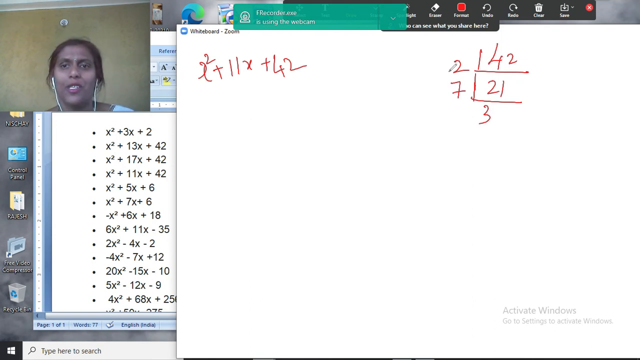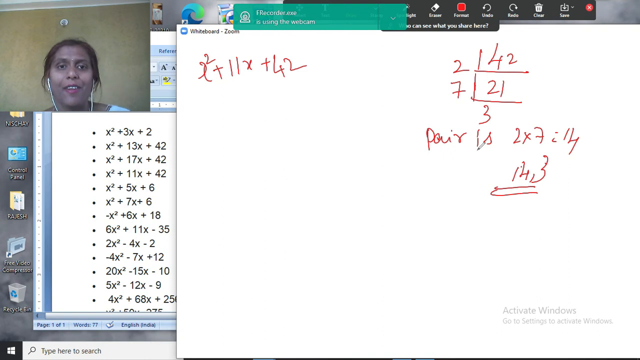That we already know. So now the pair is 2 into 7, which is 14. So 14 comma 3. Got it? So 14 minus 3 is 11 and 14 into 3 is 42. Friends, do you remember? It is just not sum, it can be minus also. So therefore, the pair